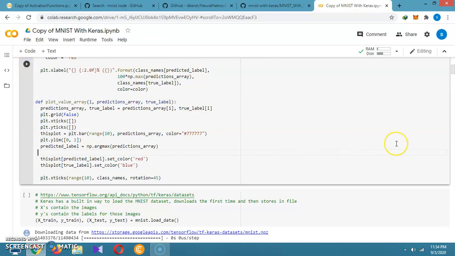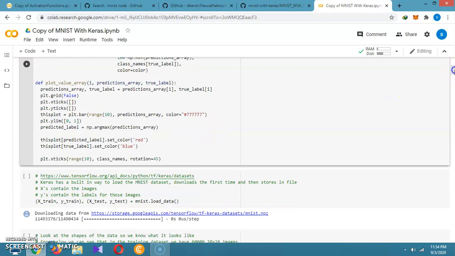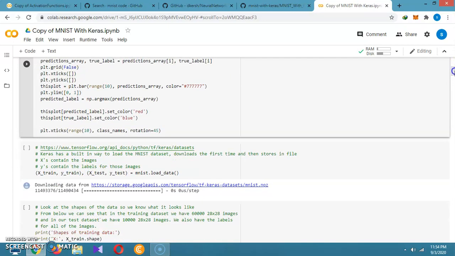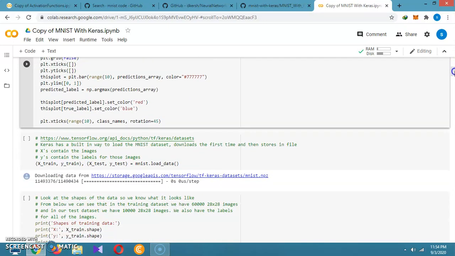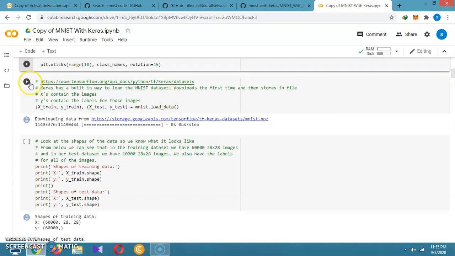So we are also defining the plot values, only with the color hash 777777. You can also change that, with the plot limit in terms of 0, 1. You can also put 0, 0.5.